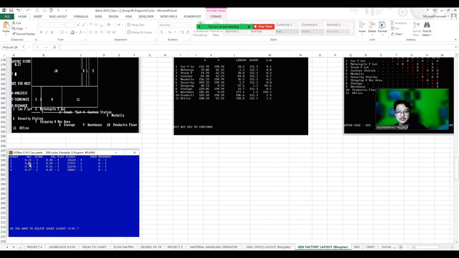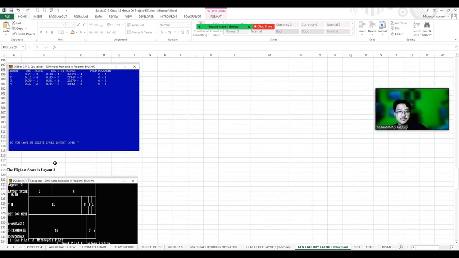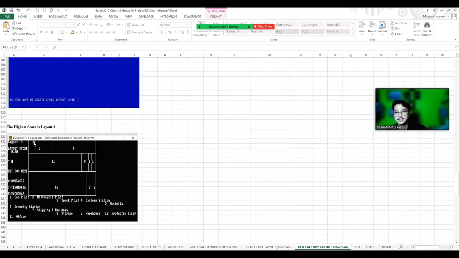So this application recommends the best layout is layout 3 with a score of 0.30. As we can see here, the highest score for our recommendation is layout 3.